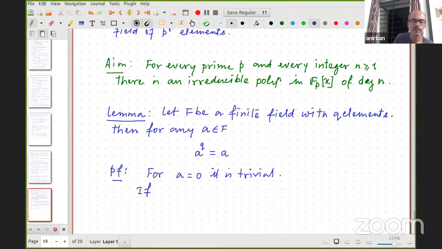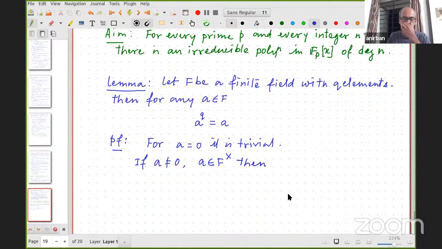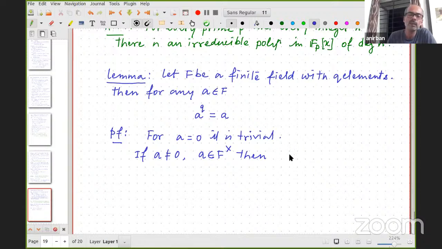If A is not 0, that is, if A belongs to the multiplicative group, then A is an element of the multiplicative group,